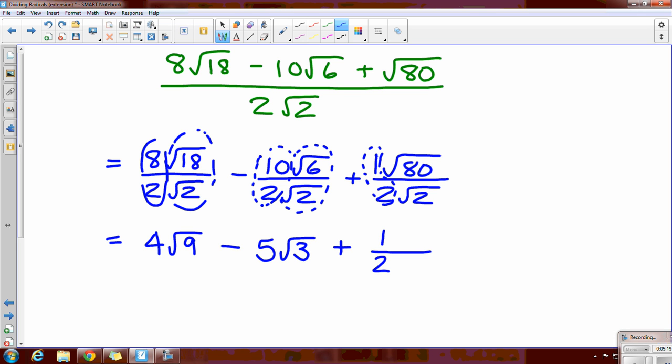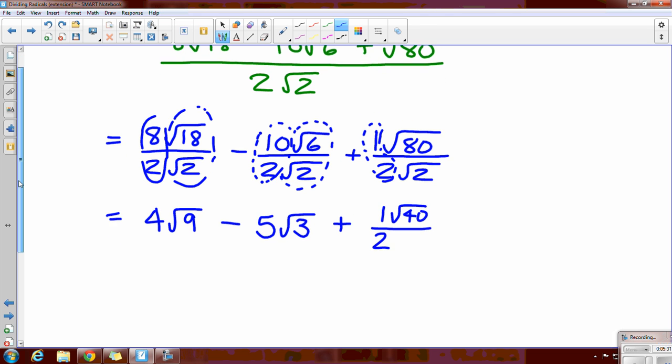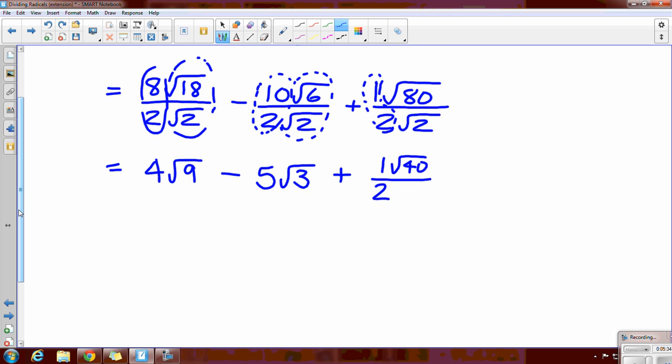But I can look at the root of 80 divided by the root of 2. The root of 80 divided by the root of 2 is the root of 40. So now we've simplified everything. The last one still having a fractional coefficient. We have to go through now and just kind of clean up what we've been doing. So we're going to start simplifying these radicals, and we're going to say, well, we have the 4, square root of 9 simply equals 3,